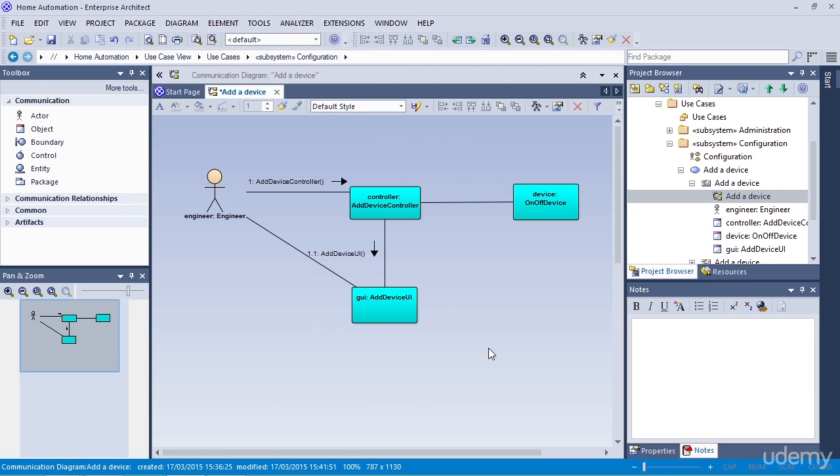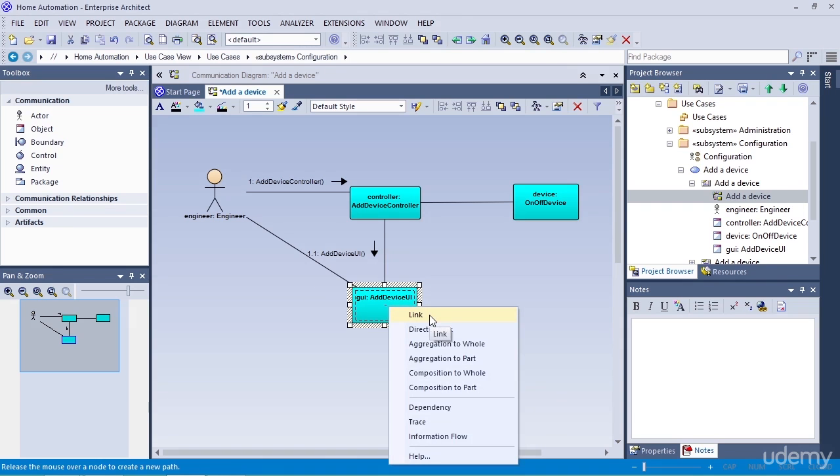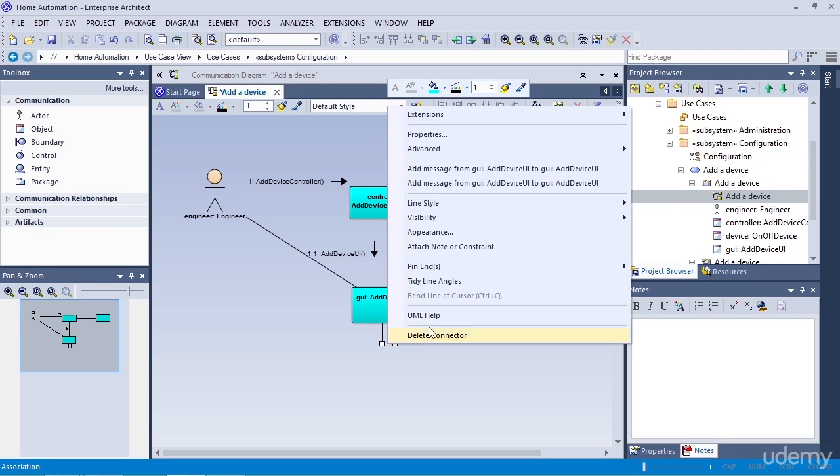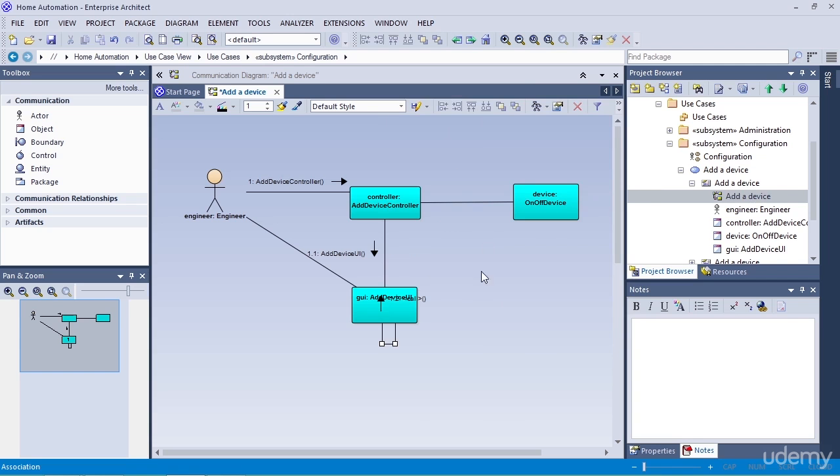Now, the first thing that the GUI does is initialize itself by sending the message initialized to its own lifeline. In order to do that in a communication diagram, we need to show a link that goes from the GUI object to itself, which I haven't added yet. I can add that by drawing a link from the GUI to itself using a quick linker. And I select Link from the menu of options. I need to add the message initialized to this link. So I do the same as I did before. I right-click on the link, select Add Message from GUI to GUI, and then I set the name of the message and position it